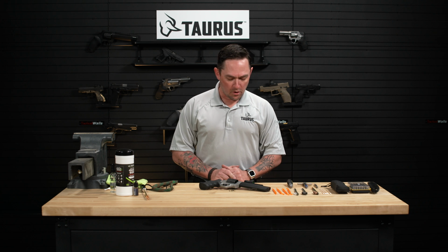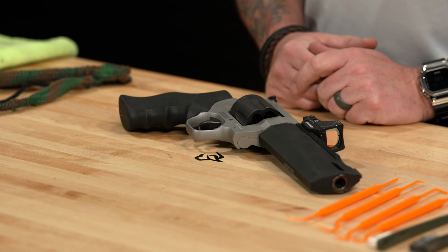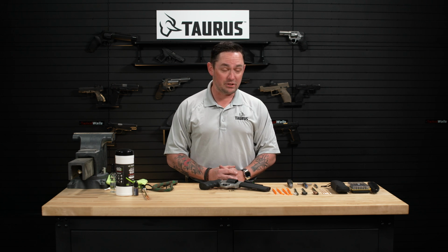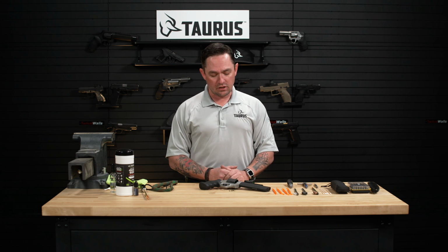This is going to be your basic cleaning process for your Raging Hunter series of revolvers. These steps will work regardless of which model of Raging Hunter you have, which barrel length, and which caliber. Just depending on the various calibers, you may have more or fewer chambers and charge holes to clean out when you're done firing. All right, so we're going to go ahead and get started with this Raging Hunter in 44